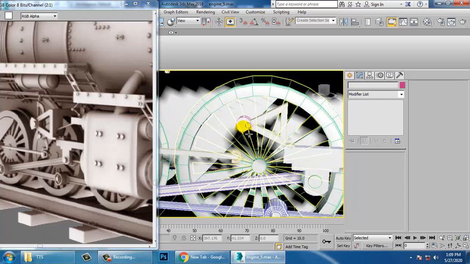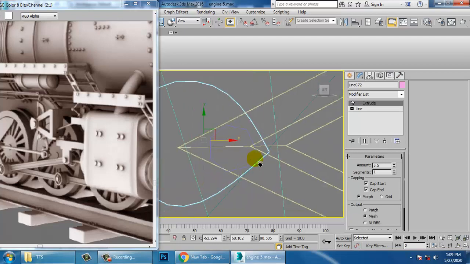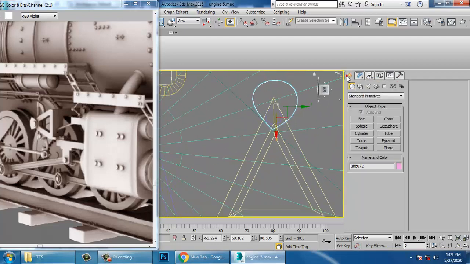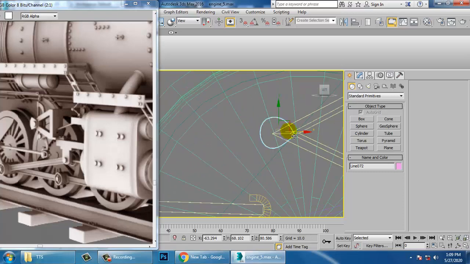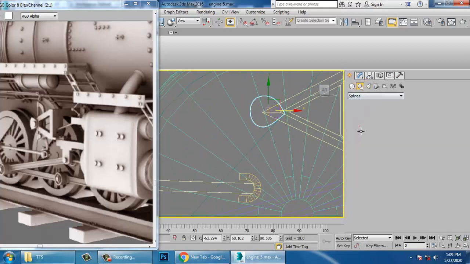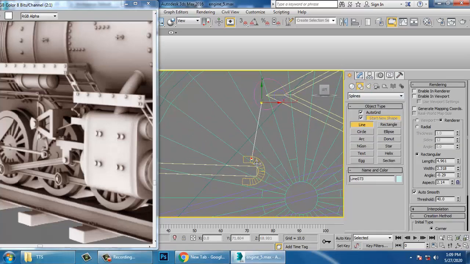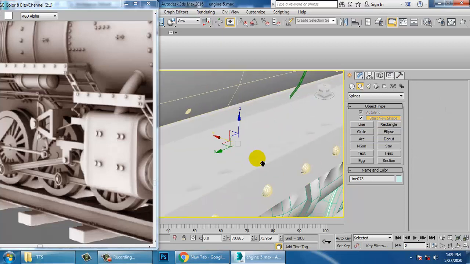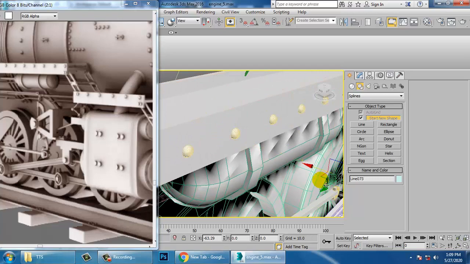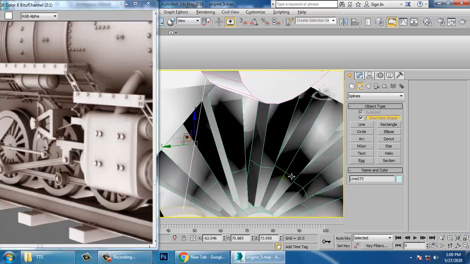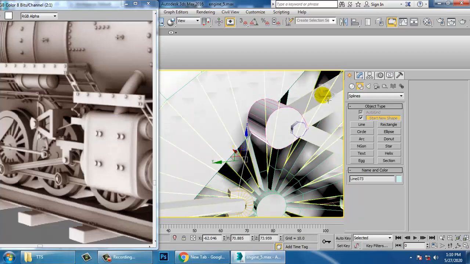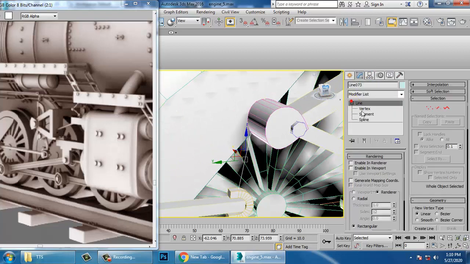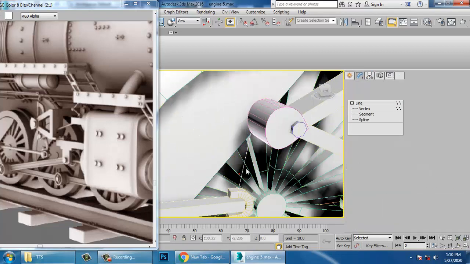Let's go into this. Let's take again a line tool over here and connect this with this part. You can go into this and again use a refine option over here.